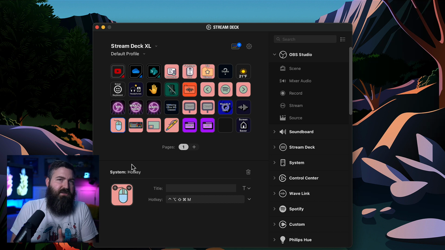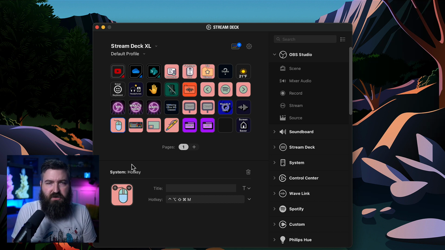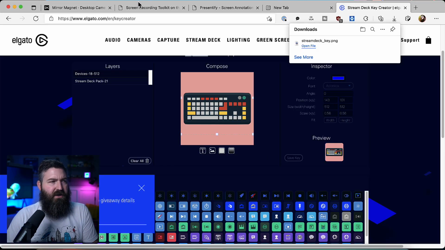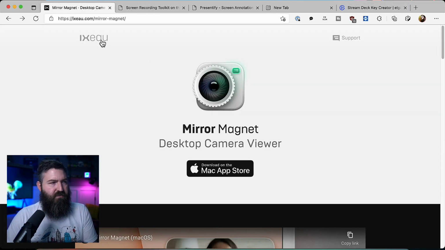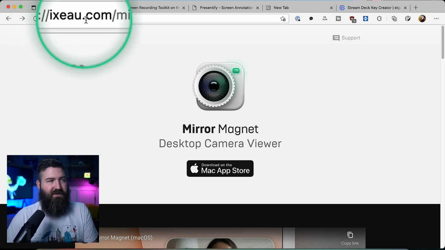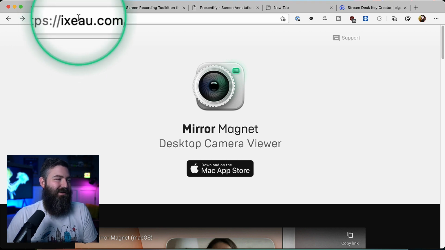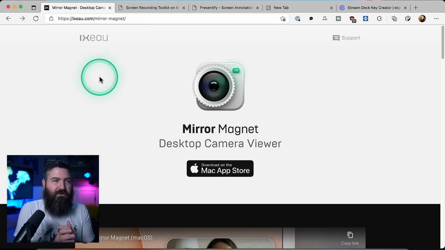So diving into the actual utilities that I use that you can download and install yourself on your Mac operating system if you happen to be a Mac user. The first one is the one that I use the most, called Cursor Pro. And this is by a developer. I don't know how exactly to pronounce this, but the guy is ixeau.com. Ixeau? I don't know if that's how you actually pronounce it, but this guy, he's a developer from Germany